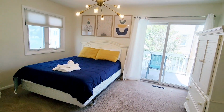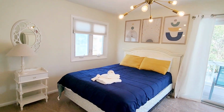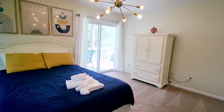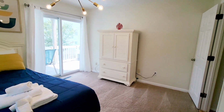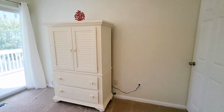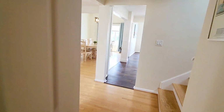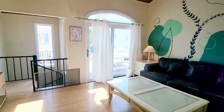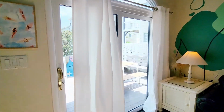And moving into this bedroom, it is a full bed, perfect for up to 2 people. Plenty of storage between a dresser, walk-in closet, a wardrobe closet, and this vanity dresser. And moving back out to the living room, another great feature on this floor is the